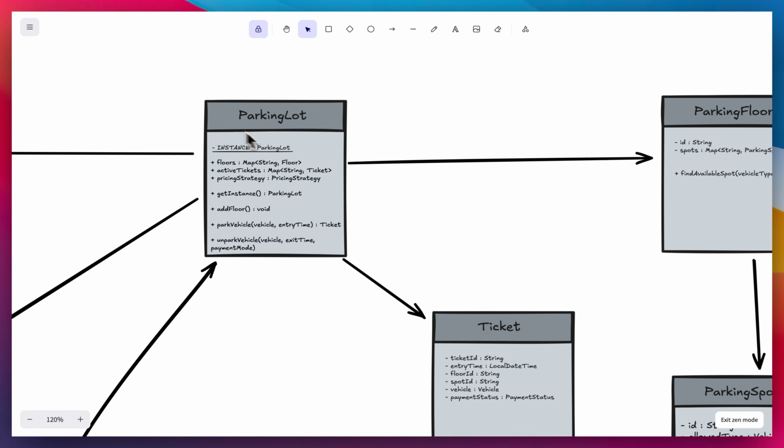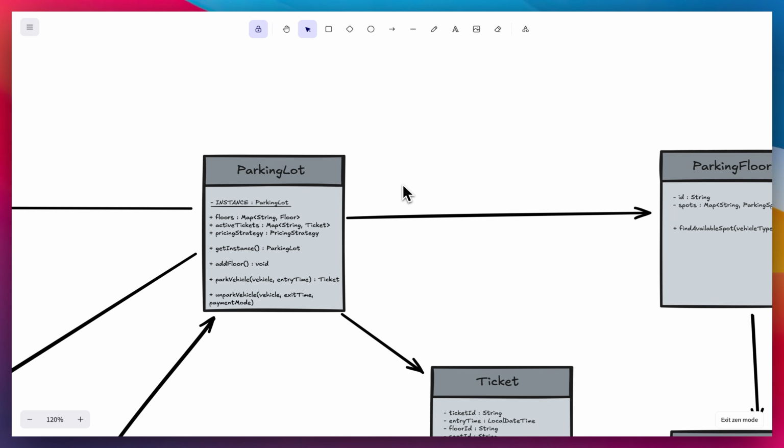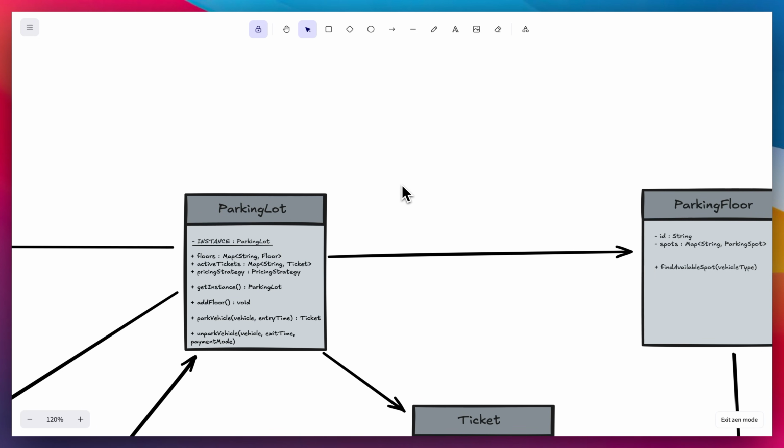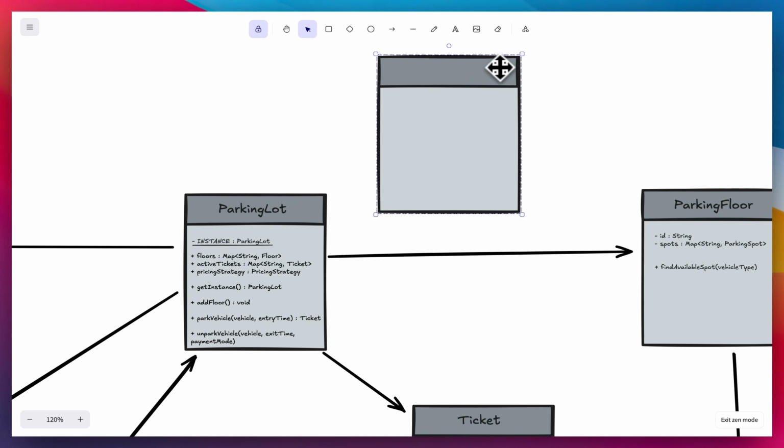By the way, I am going to make this parking lot a singleton class, because as discussed, we only need one parking lot in our system. So a singleton class will do that. And yes, I also told you that I will explain what will happen if we have to deal with multiple parking lots in place of only one. So what we will do in that case is